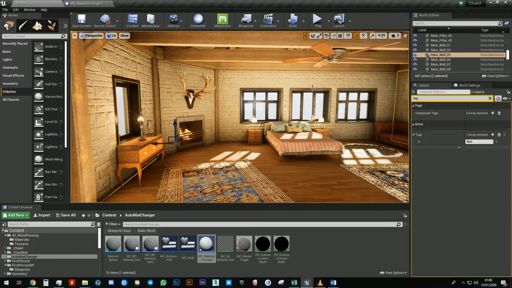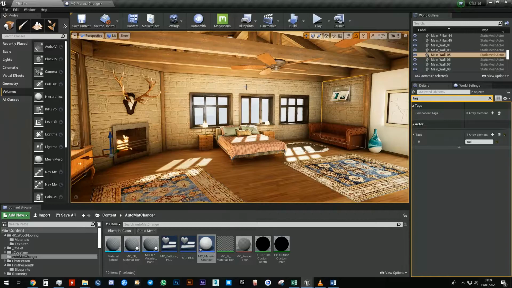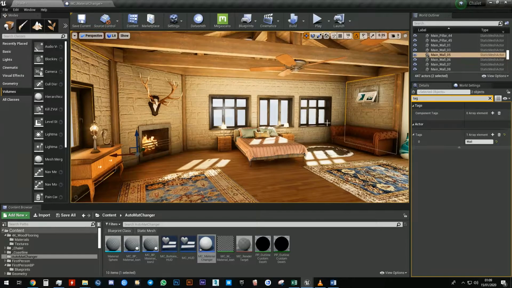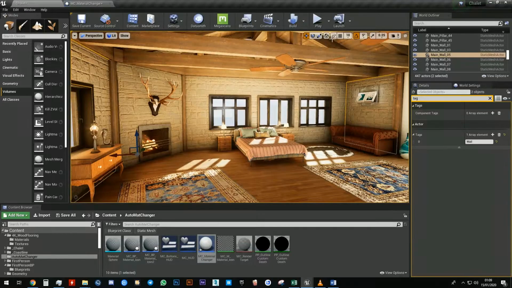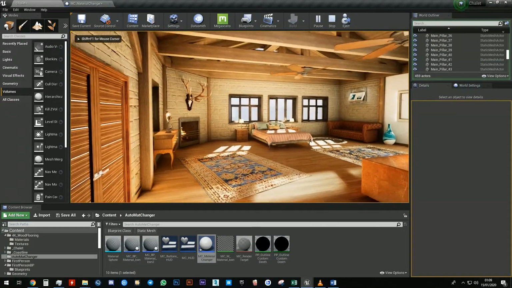So now I could go and change these individually without changing the other. But if I wanted to change one and let everything else change as well, I would have to go back to my material changer, and the option that says affect all actors with the same tag, make sure that's ticked. If I compile this and play, you will now notice that if I go over here,